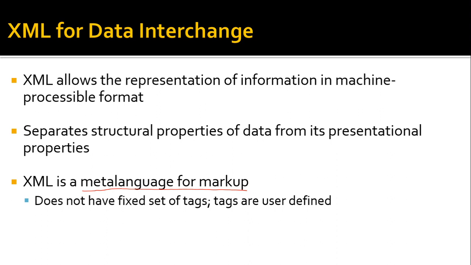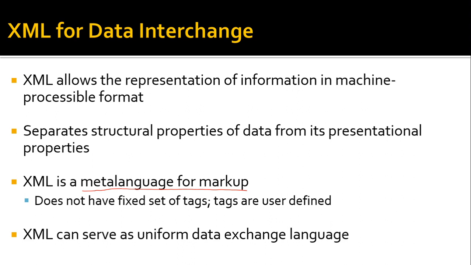But in XML, the tags can be defined by the user, right? So it is a markup language. It is marking the parts of the data by tags, but you can define your own tags. So it is providing a language of the tags, right? Through this language, you can define your own tags. So that's why it is also called a meta language. And we have talked about this earlier, that it is a very good language to exchange data from one place